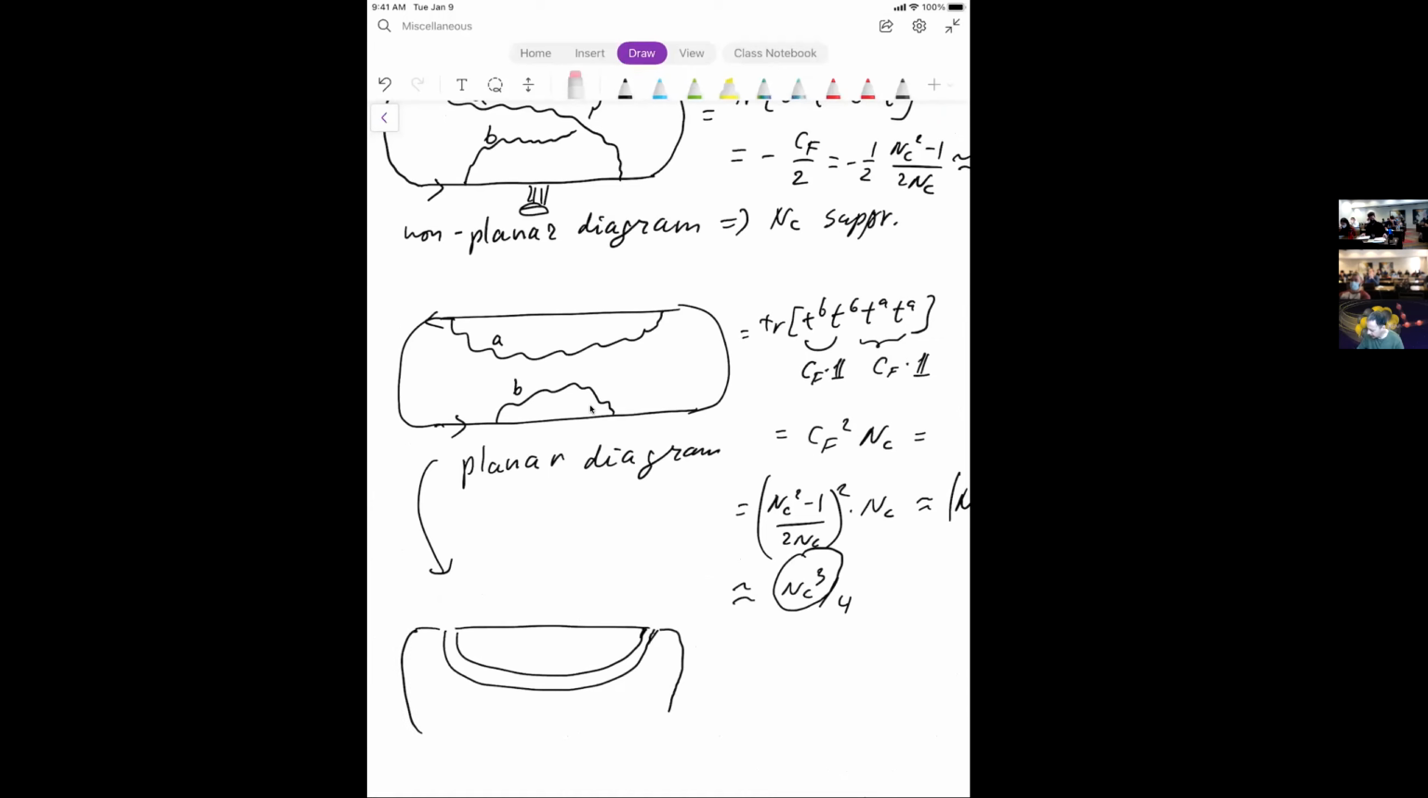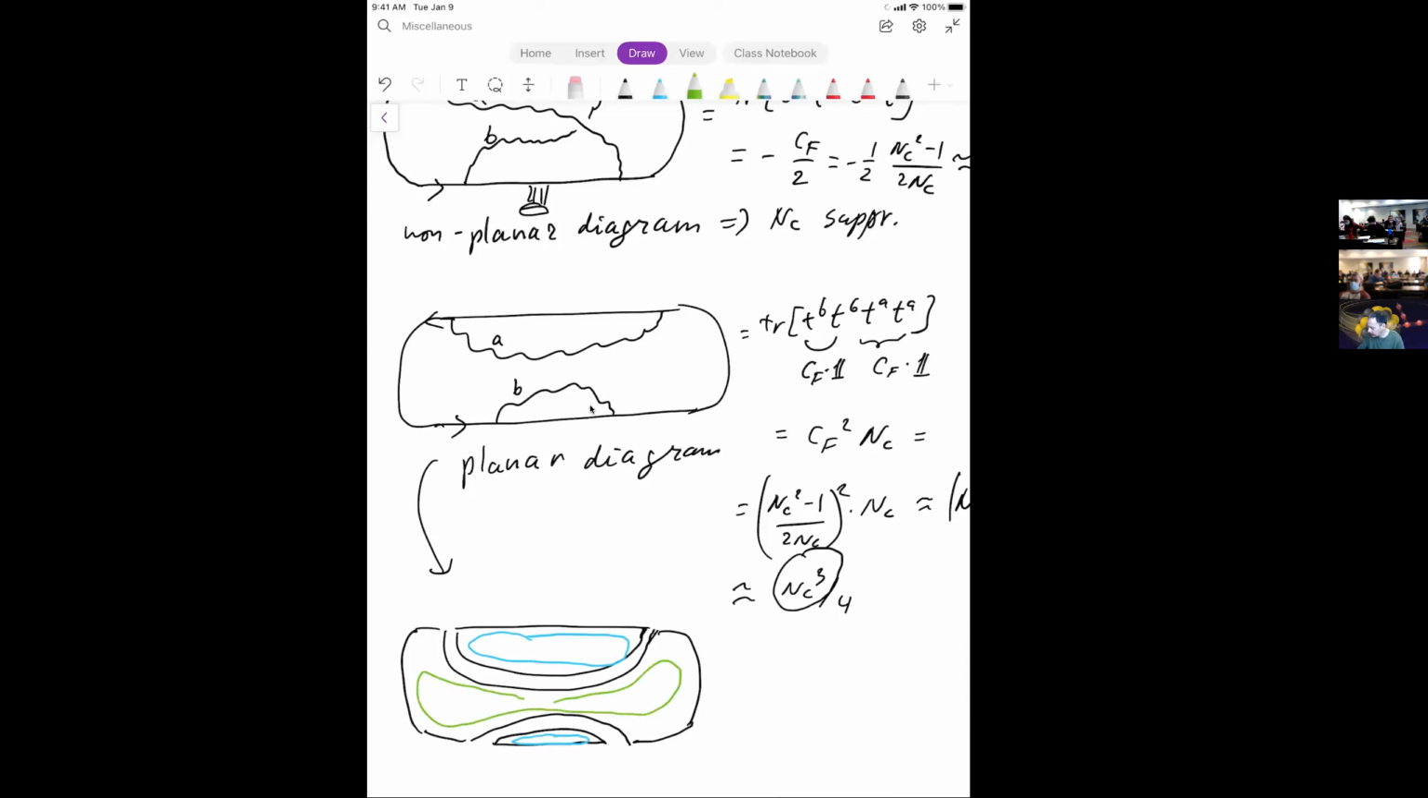Sorry, a little untidy. Let me fix it. Just like that, right? That's a large NC representation of this planar diagram. And then you see you have a loop going here, right? We can travel around the quark loop. There is another loop, very skinny in my drawing down here. And then there is a big loop